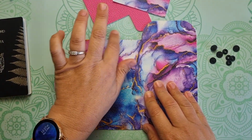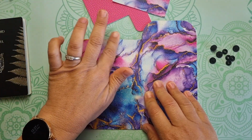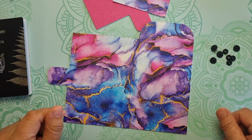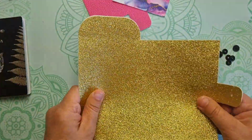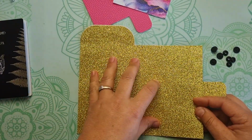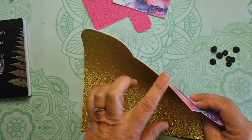Now I've just been cutting this new faux leather that I received from Polka Dot Peach. Now I know lots of you use this leather and rave about it, so I finally got some through, which was great, but it is really thick and I had such a hard time cutting it because what I did was I backed it with the HTV. You can see here I've got this really pretty gold, but it just meant it was a bit too thick,